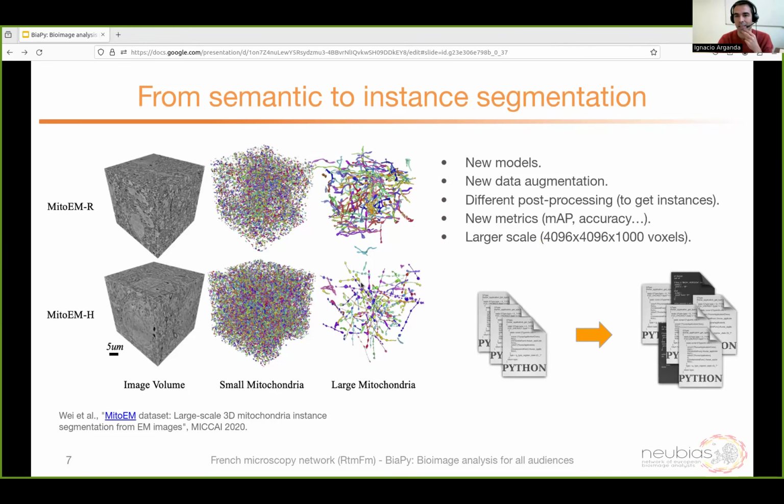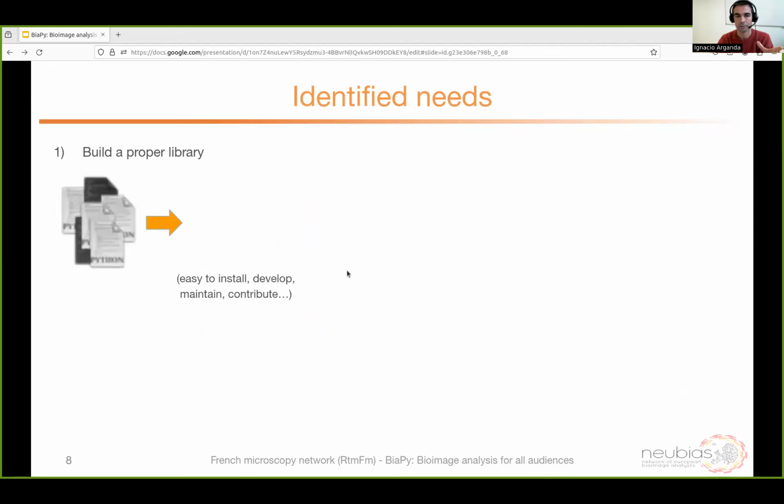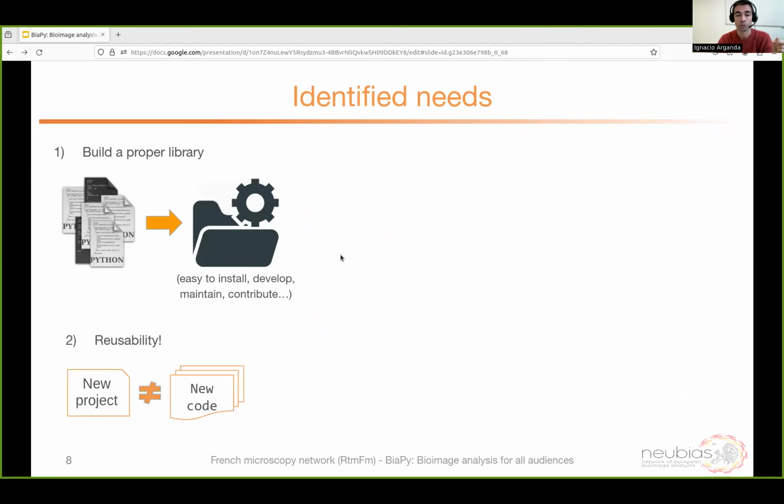So at this point, we sat down with Danny and said, okay, we have here some identified needs that we have to address. First of all, we wanted to build a proper library that was easy to install, because we were changing sometimes computing environments and it was tough for us to develop and maintain, but also for other people to contribute to, if we want this to be reused. And that was one of the main focuses because reusability was very important for us. We started to have other projects, and we didn't want to, for every project, copy paste the previous code and adapt them